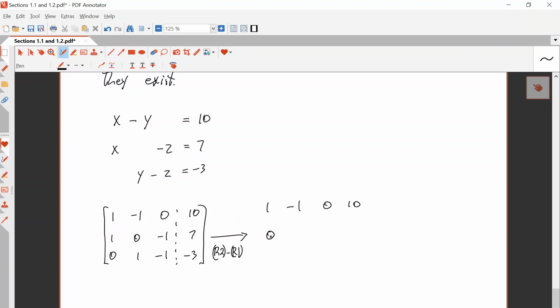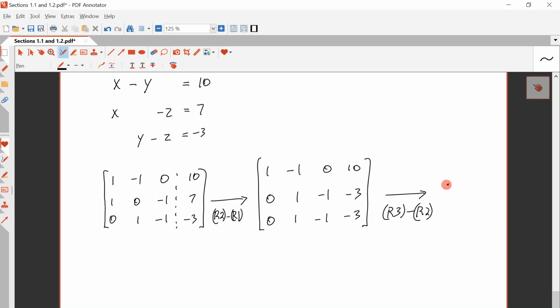So 1 minus 1 is 0. 0 minus minus 1 is plus 1. Minus 1 minus 0 is minus 1. And then 7 minus 10 is minus 3. So 0, 1, minus 1, minus 3. So now I'm going to try to get a 0 here, so I'm going to subtract row 2 from row 3. And probably you can already see what's going to happen. The rows are equivalent, so it's just going to zero out the whole